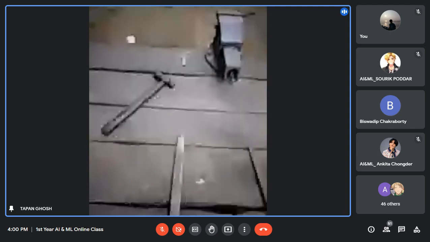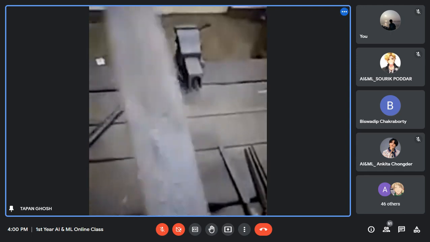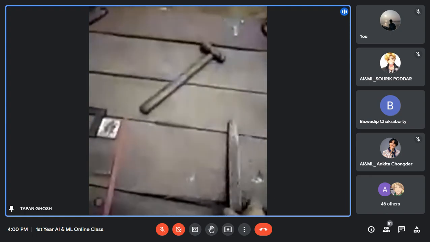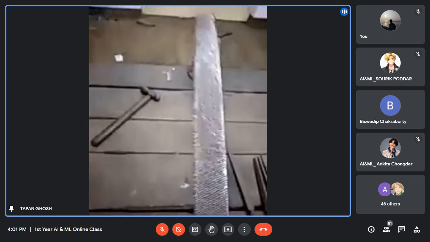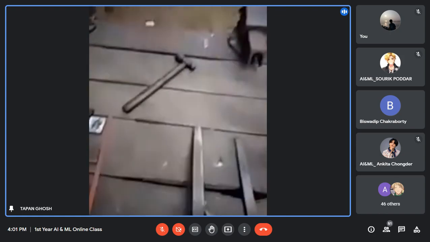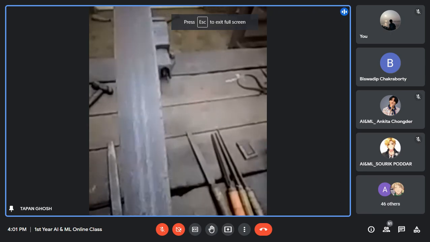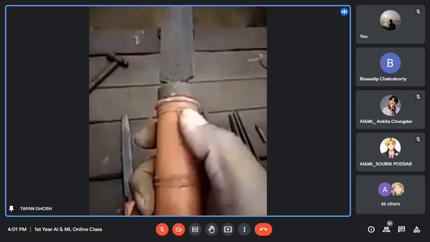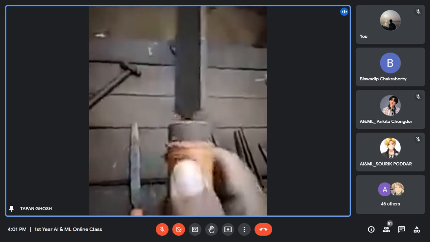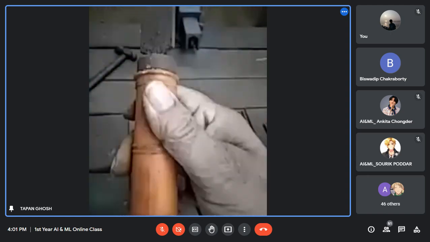So this is another file, but the difference is there. You see that this surface is smooth, so its cutting area is smooth, and its cutting area is rough. So here is the application. When you want to remove more material, you use the rough file. And when you have to remove a little bit of material, you use the smooth file. This is the handle. Sometimes it is wooden and sometimes it is plastic or fiber. So this is a fiber handle.